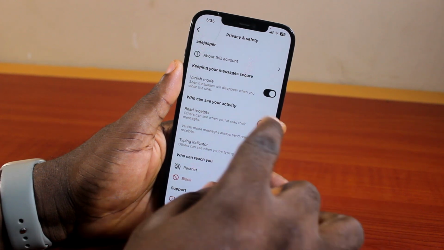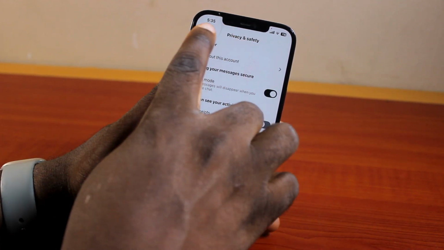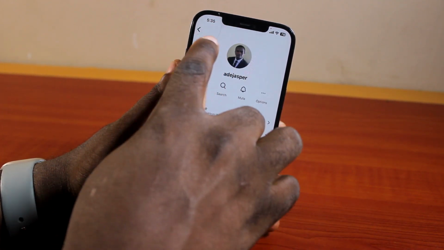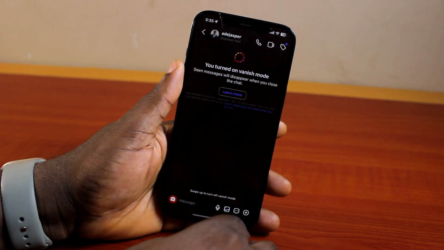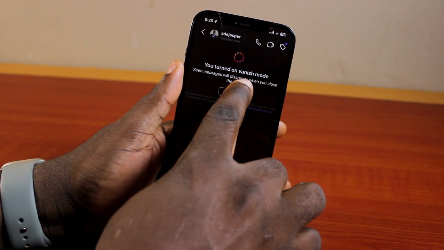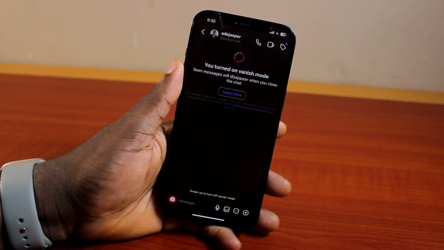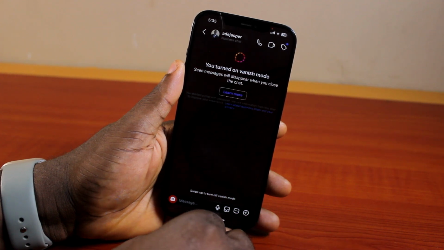And once you turn that on, you can now hit the back button. Then vanish mode will be enabled for this particular account. And then you are good to go. You can see you've turned on vanish mode. So that is basically how to easily turn on vanish mode